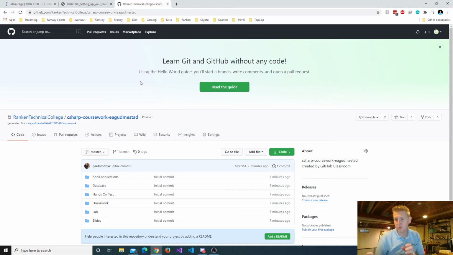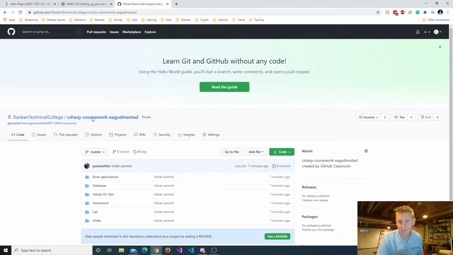So again, we've got these files and folders online, and we need to copy those files and folders onto our computer. The first time you copy all these files and folders from the online repository to your local computer,